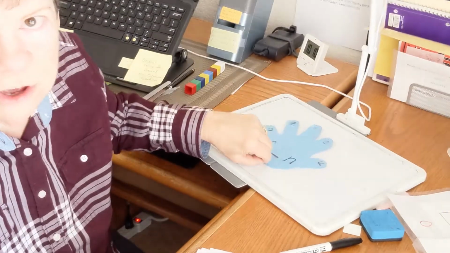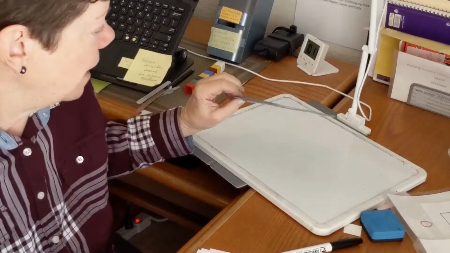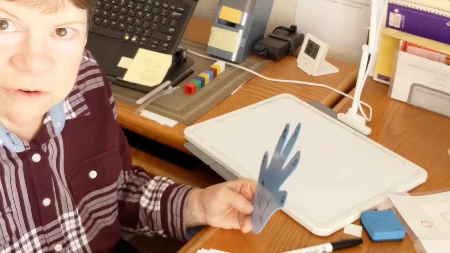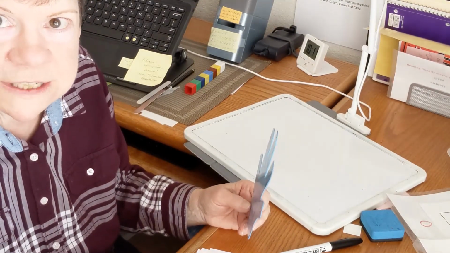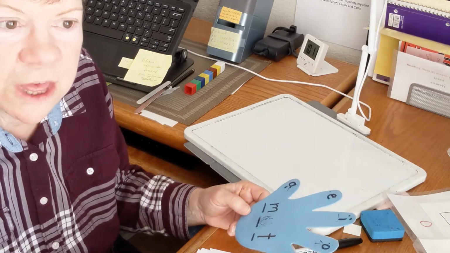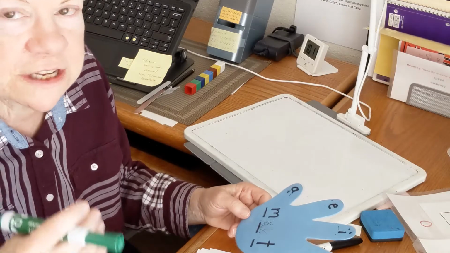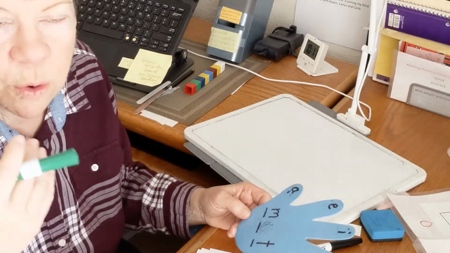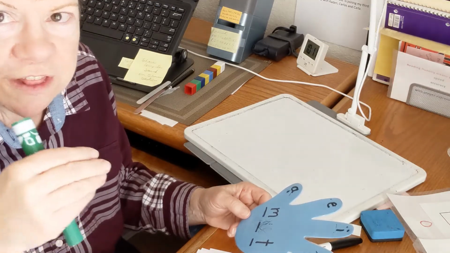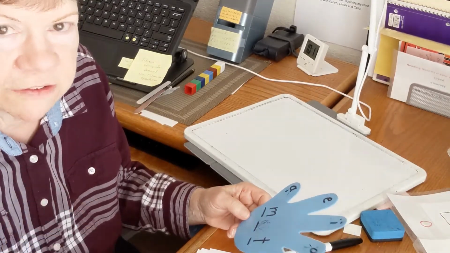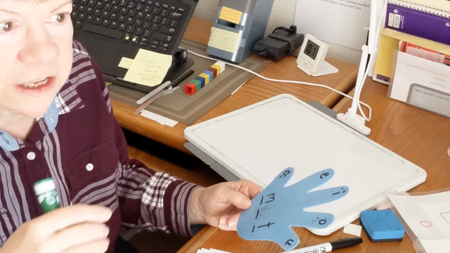If you don't have a doc cam, you could always use it in the camera like this. But what I do is, when I'm doing continuous blending, it's best to start with the continuous sounds because it's easier for them to do, like mop, versus a stop sound like b or k or d. It's a little harder for them to learn to blend with those stop sounds. So I start with the continuous sounds, mop,